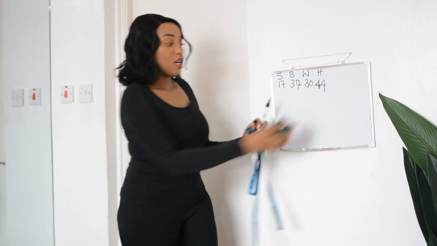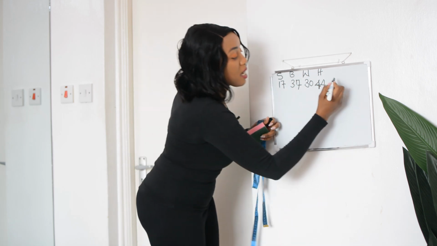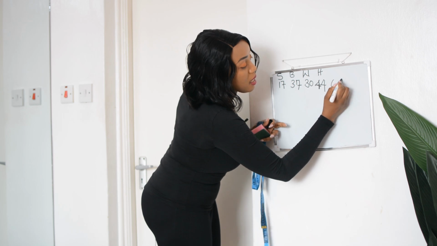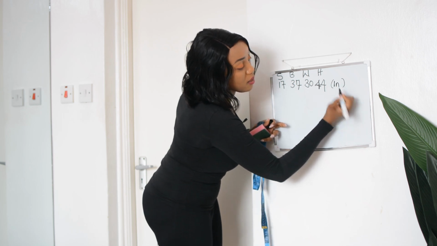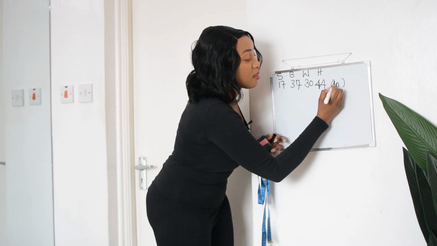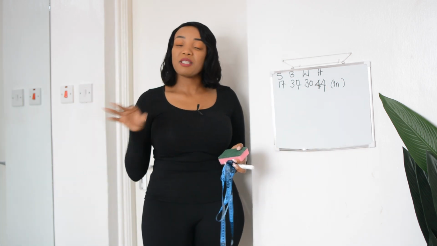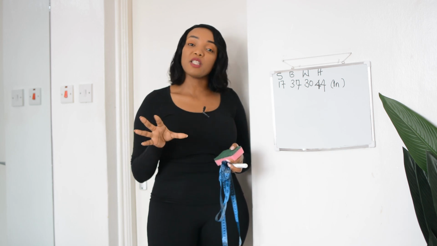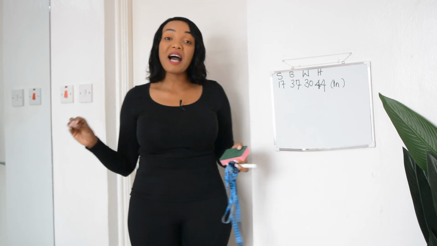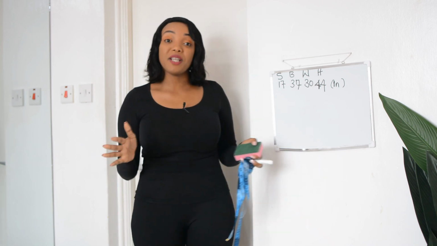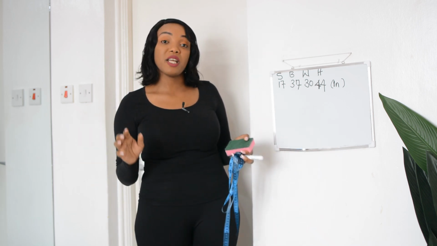All right, so all this is in inches, yeah? So I can put a bracket over there and say they are all in inches. All right, are we together? From our videos on body types, if you haven't watched that video, I believe it will be a good place for you to start, because it's going to help you know the different characteristics when it comes to the different body types.